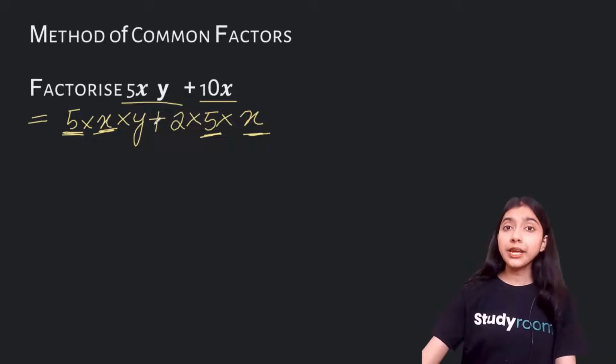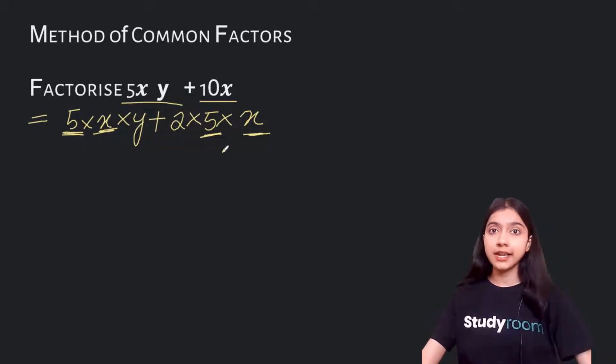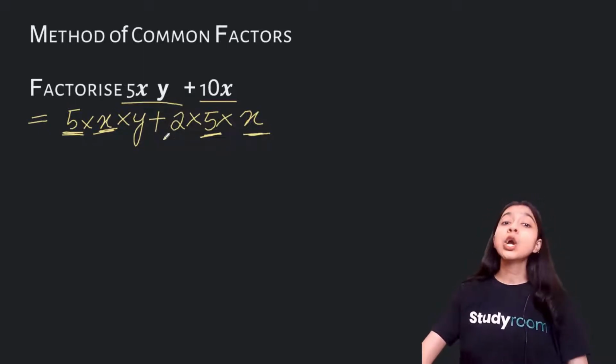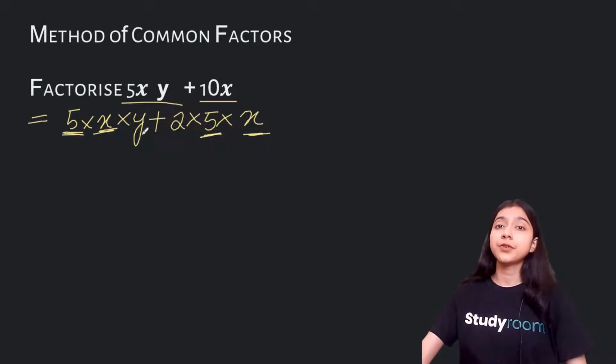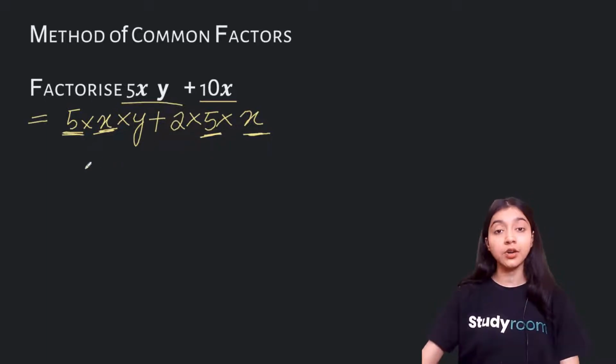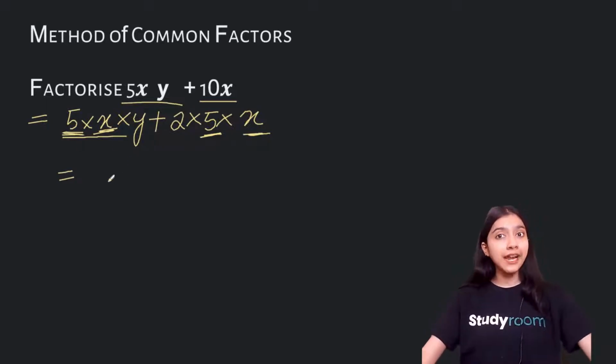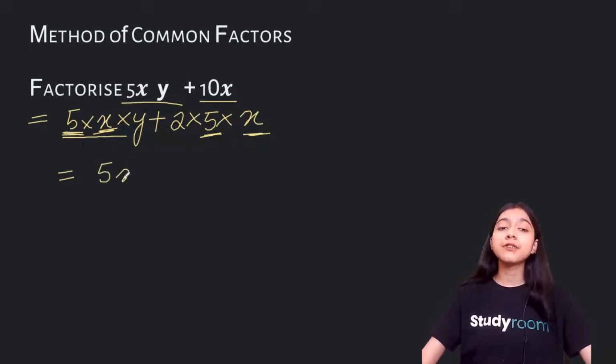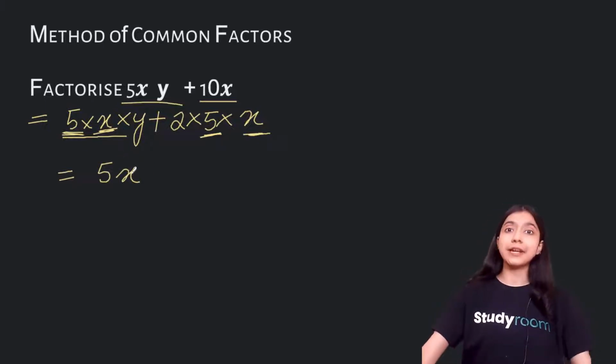Now talking about y, it is there in the first term but not in the second term, so it is not a common factor. 2 is there in the second term but not in the first term, so it is also not a common factor. So the common factor of both the terms is 5 multiplied with x, that gives us 5x. So we will be taking this common factor from both the terms outside and we will